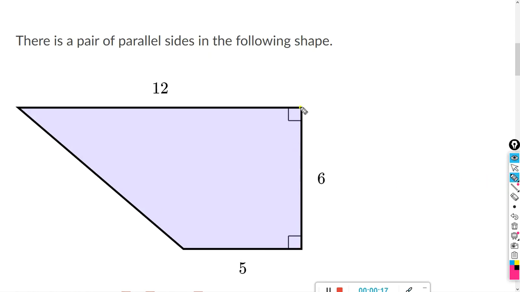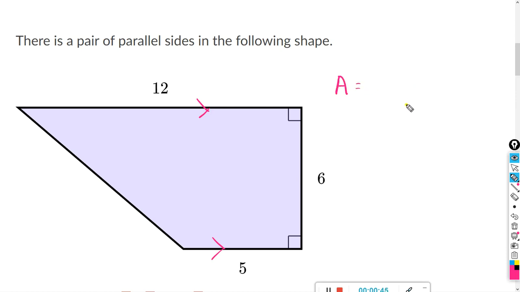So we can see that this side is definitely not parallel to this side. So I am going to indicate that the top is parallel with the bottom. And if you have a four-sided figure or quadrilateral with one pair of opposite sides parallel, that's a trapezoid. Alright, and the formula for the area of a trapezoid,